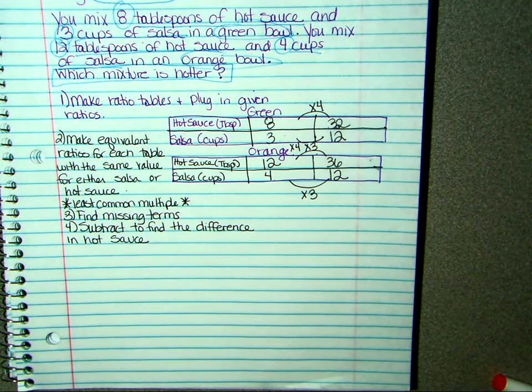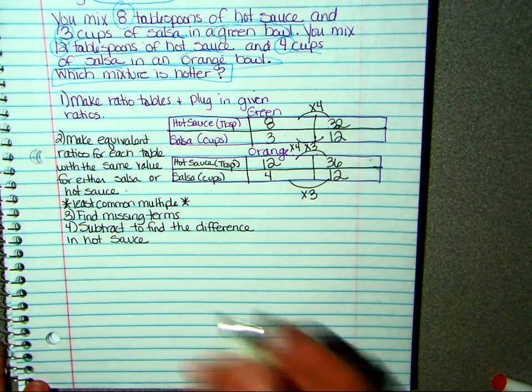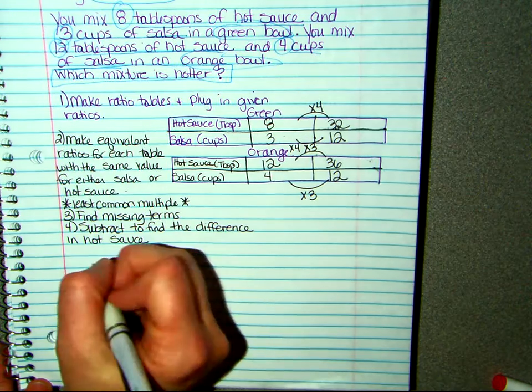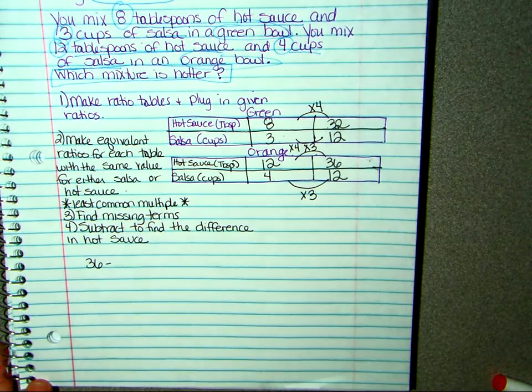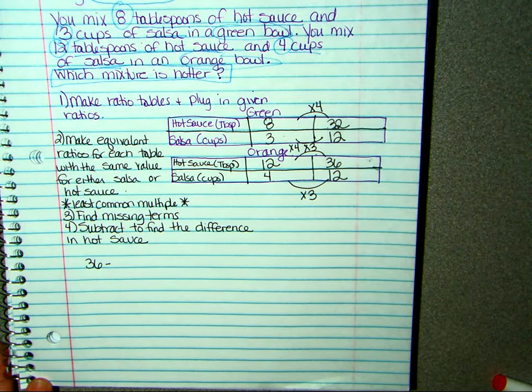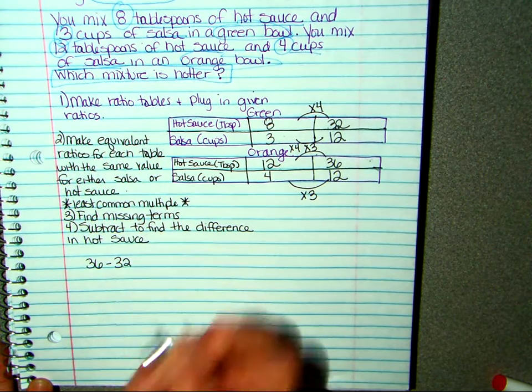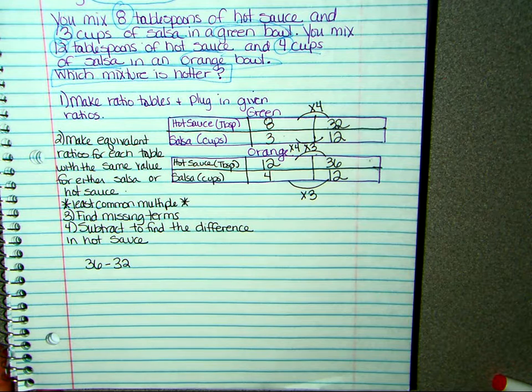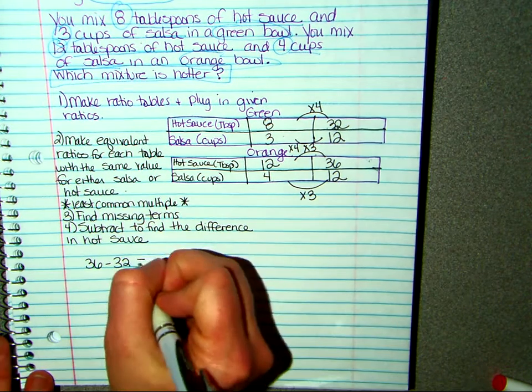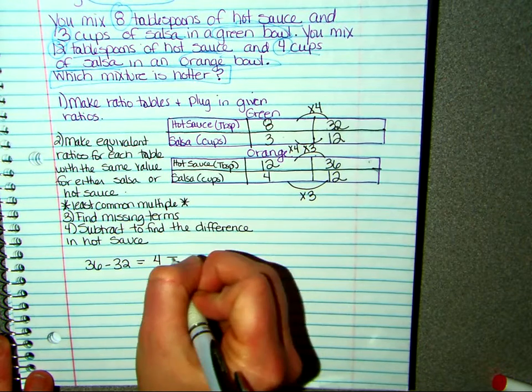So what that means is we're going to look at how much hot sauce do we have in the orange? 36. 36, thanks guys. And how much hot sauce do we have in the green? 32. So we subtract 36 tablespoons minus 32 tablespoons. You get what, guys? 4. 4 tablespoons